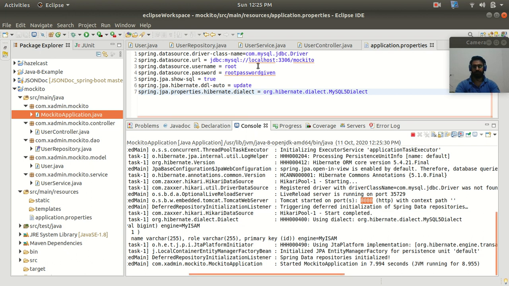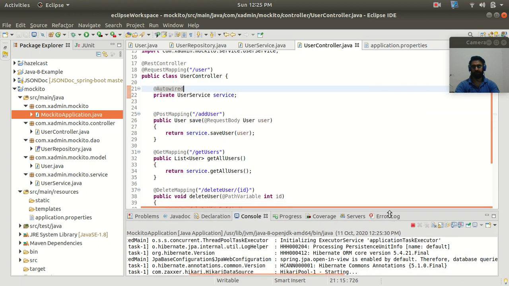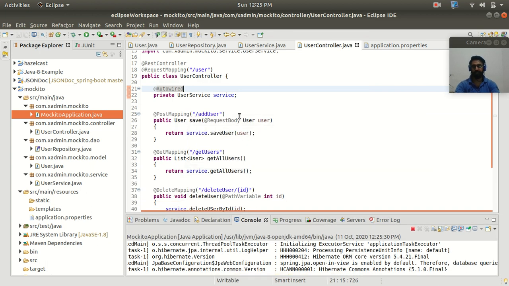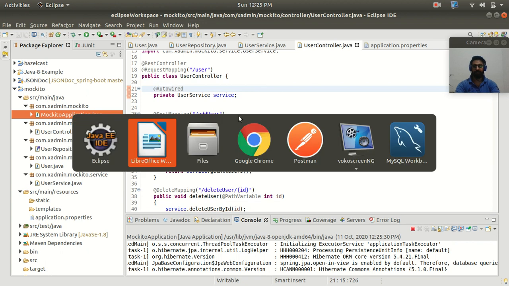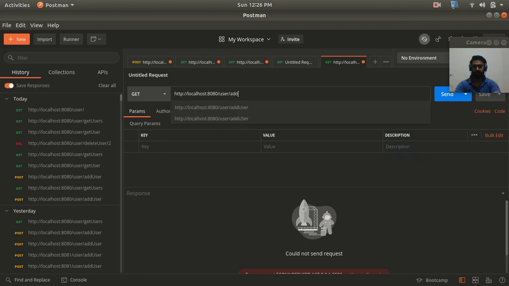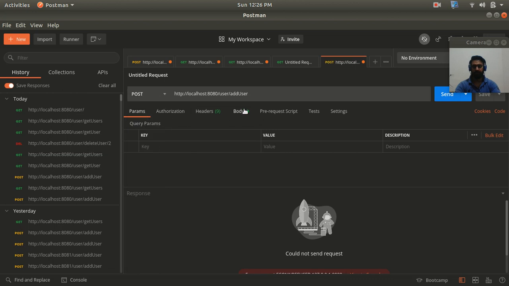Now if you see in my controller, my root URL is user, and for add it is add user. So let's go to Postman and check whether these endpoints are working or not. Add user, and this is the POST method.